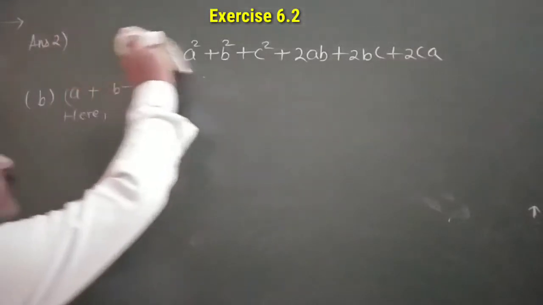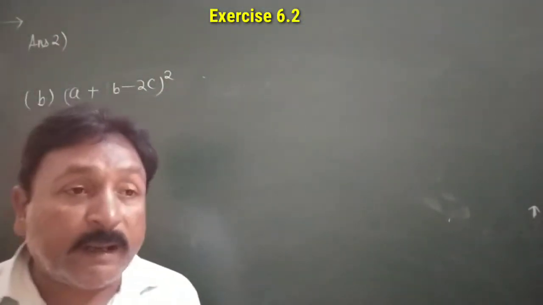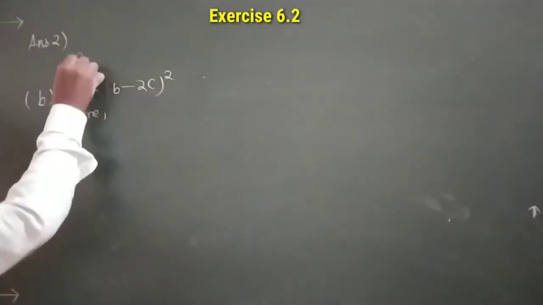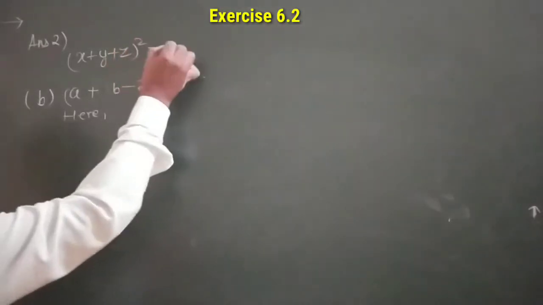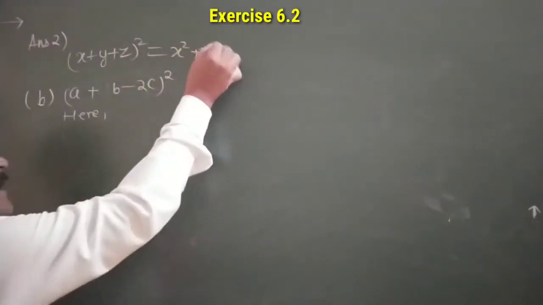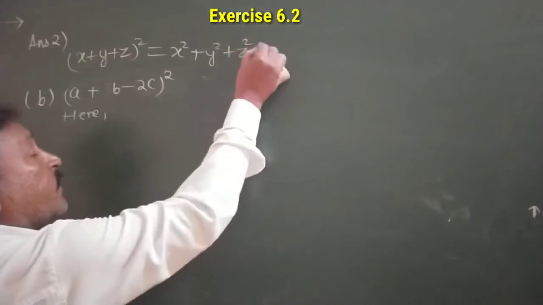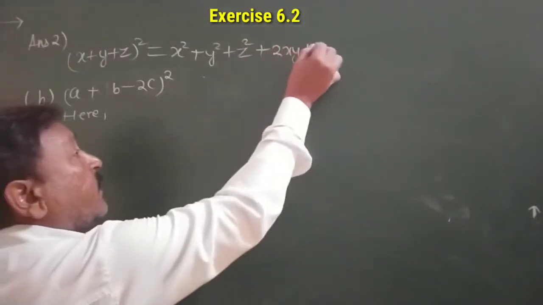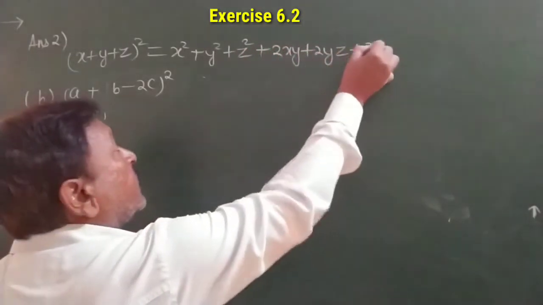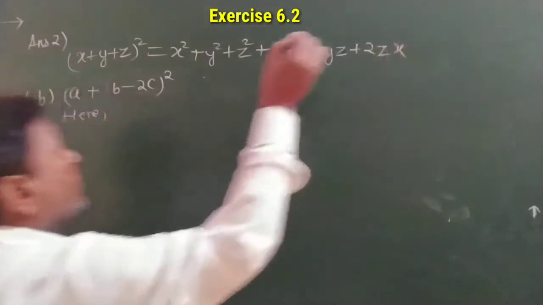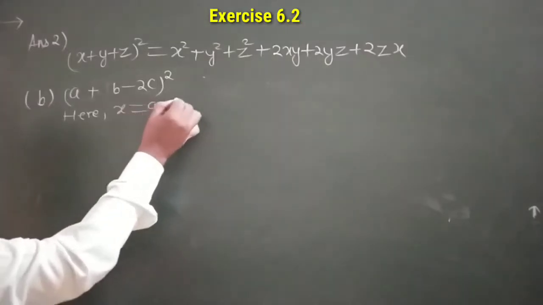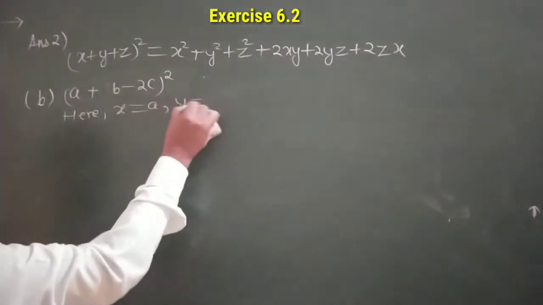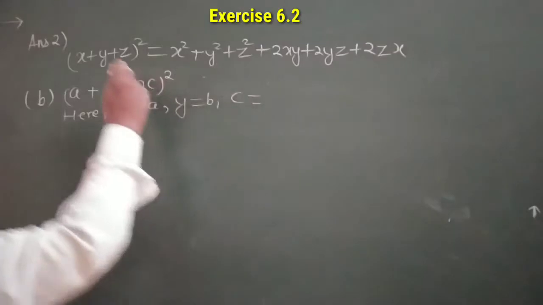So we have to write this formula in terms of x, y, z, so that you will not have any kind of confusion. (x plus y plus z) whole square will become x square plus y square plus z square plus 2xy plus 2yz plus 2zx. Here in place of x it is A, in place of y it is B, and in place of z,